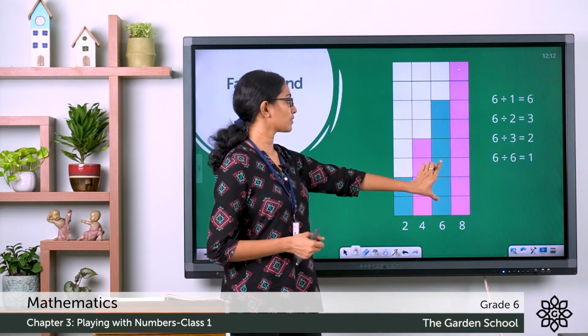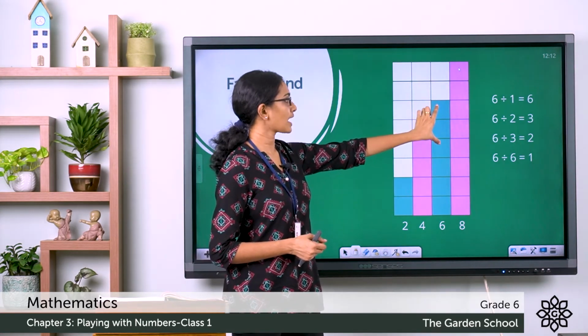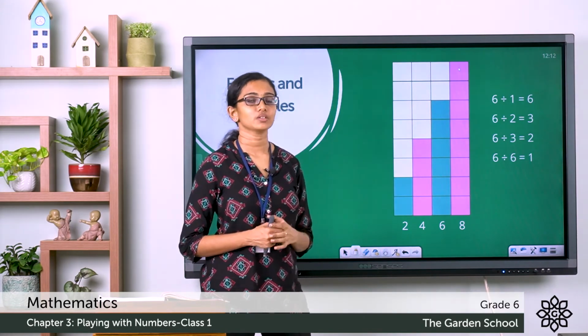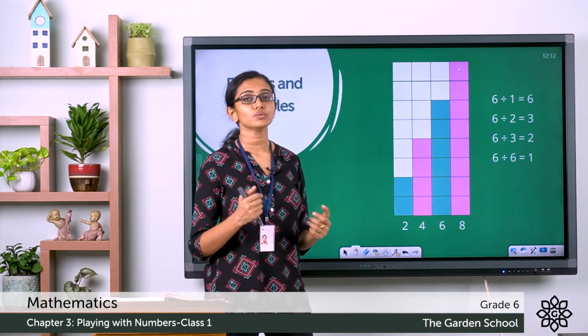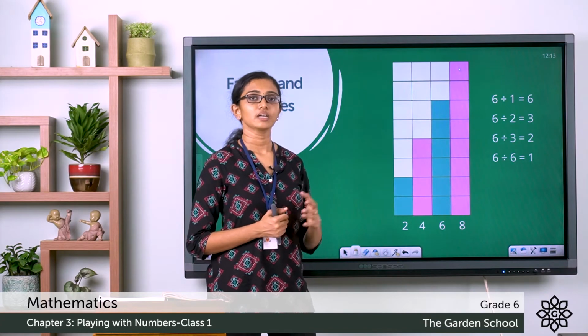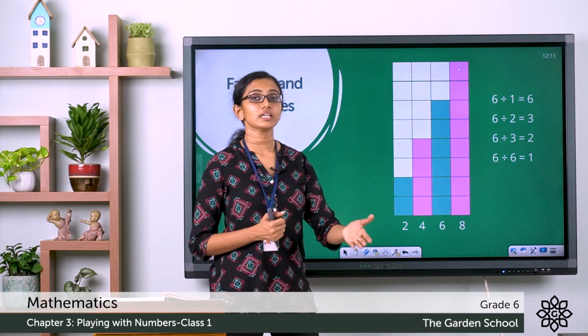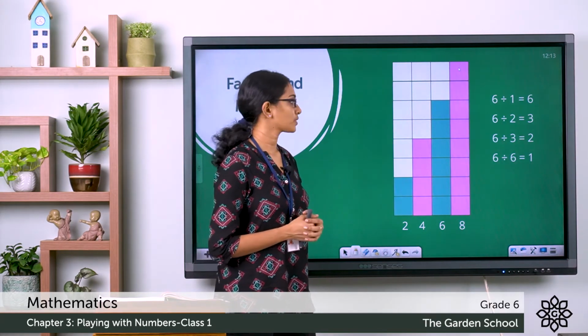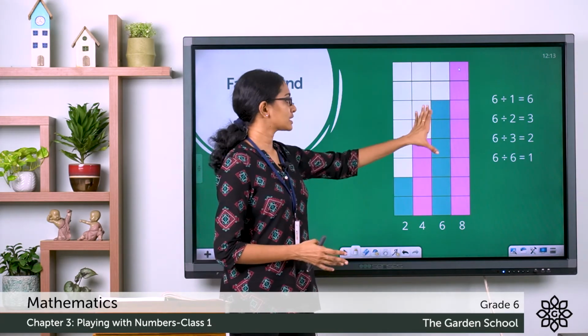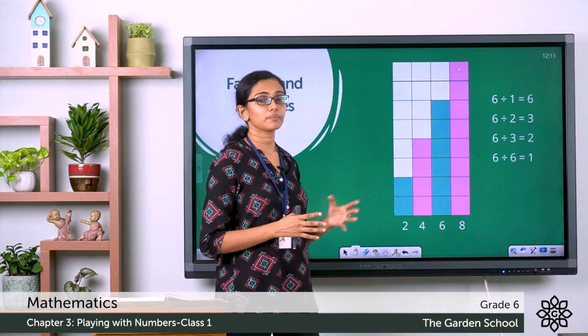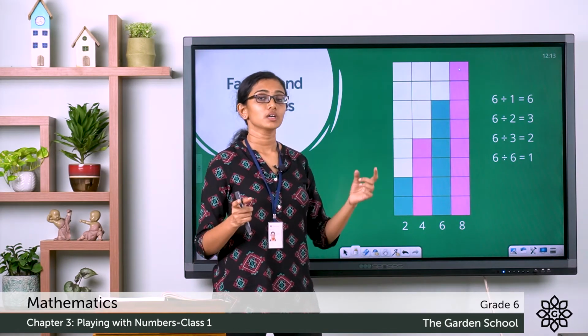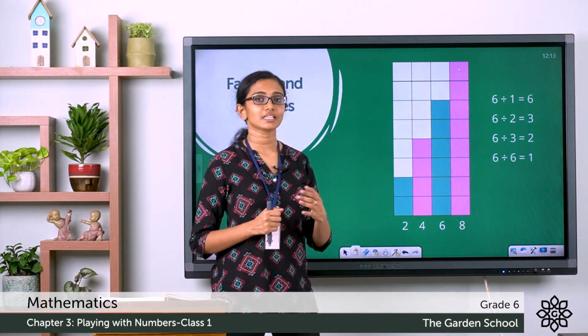That is, I would require one 3 centimeter strip here and one 3 centimeter strip here. So in that way, I would need 2 3 centimeter strips, right? So that is 6 divided by 3 giving 2 as the result. Or I can keep the 6 centimeter strip as it is. So that would be 6 divided by 1. Then the total length of the strip will be 6 centimeter.